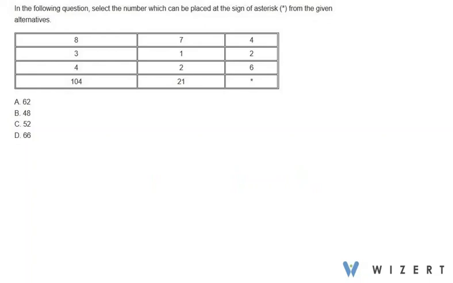We have this question here. In the following question, select the number which can be placed at the sign of asterisk from the given alternatives. Now, when we observe these numbers, we see that